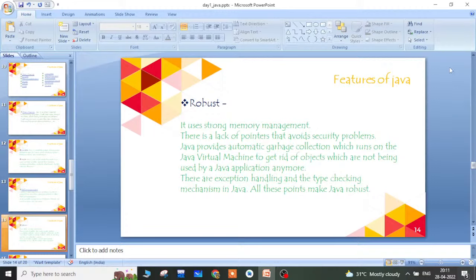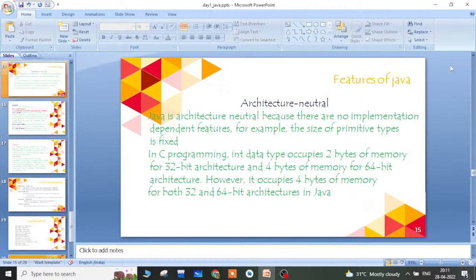So all these things, like how you manage the memory, how to avoid the security issues, and how to handle different types of exceptions and type checking, make Java a robust programming language.